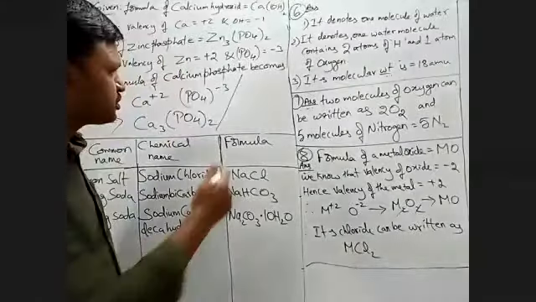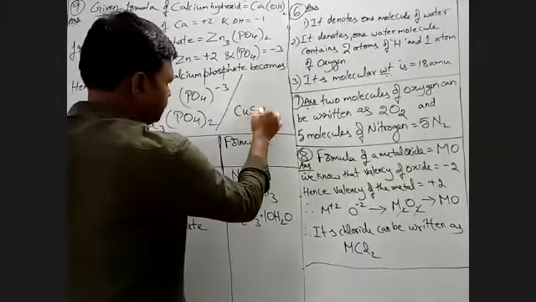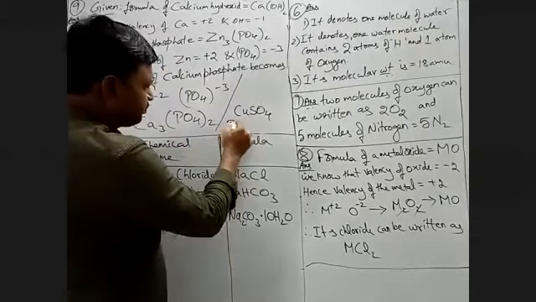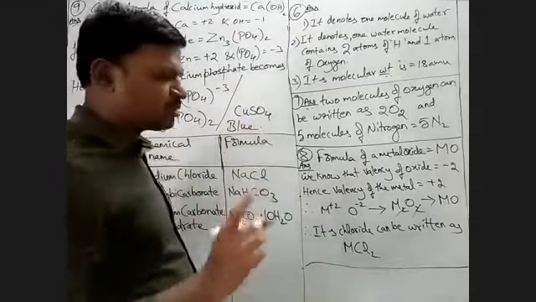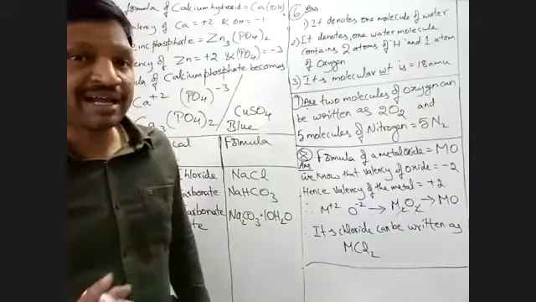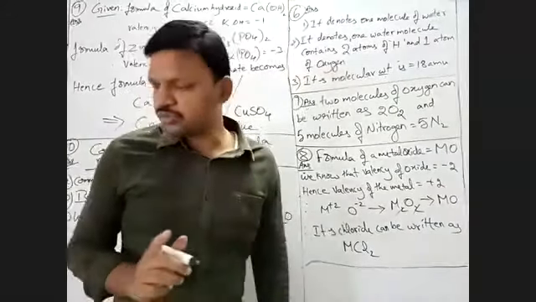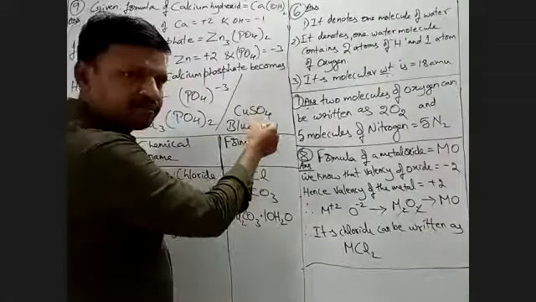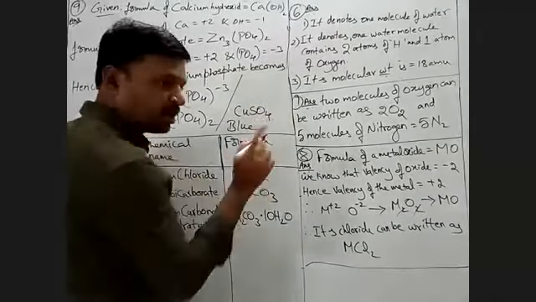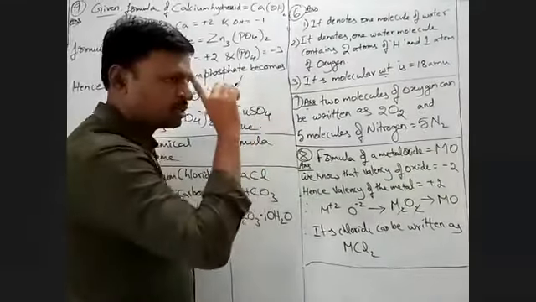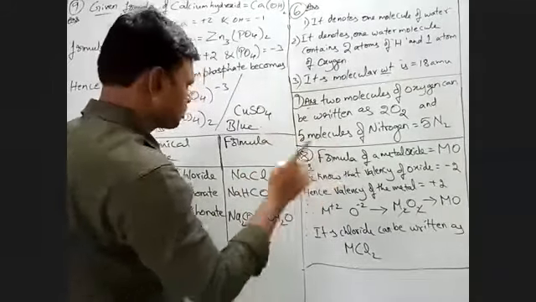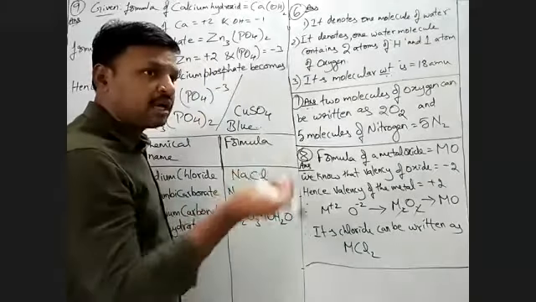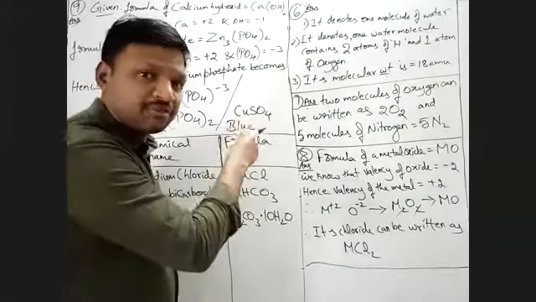So if you see copper sulfate, CuSO4, it means Cu plus 2 here, cupric sulfate. It is blue in color. Suppose if you have seen this, it is light blue. So that is what we say is hydrate, which means water is associated with it. I think it is 5H2O. So this is in blue color because water is already associated with it.